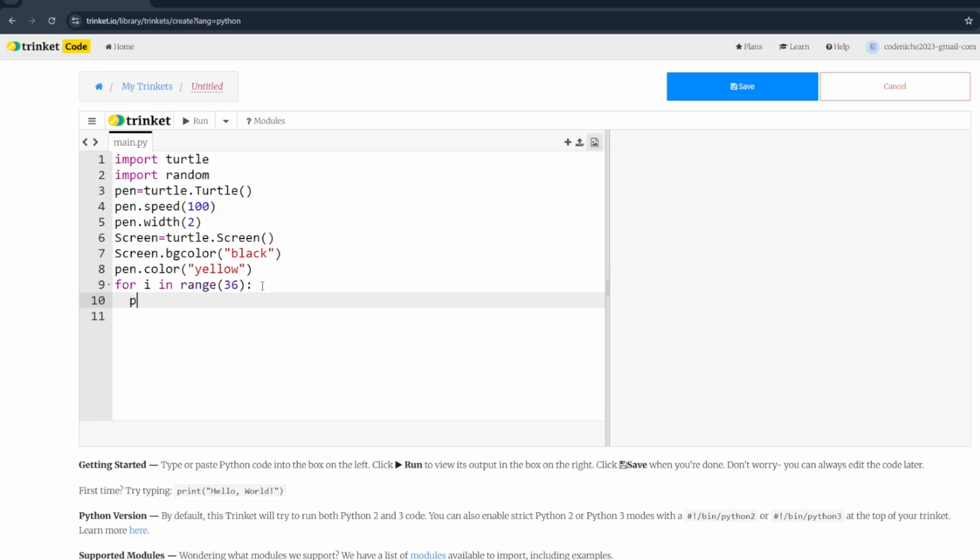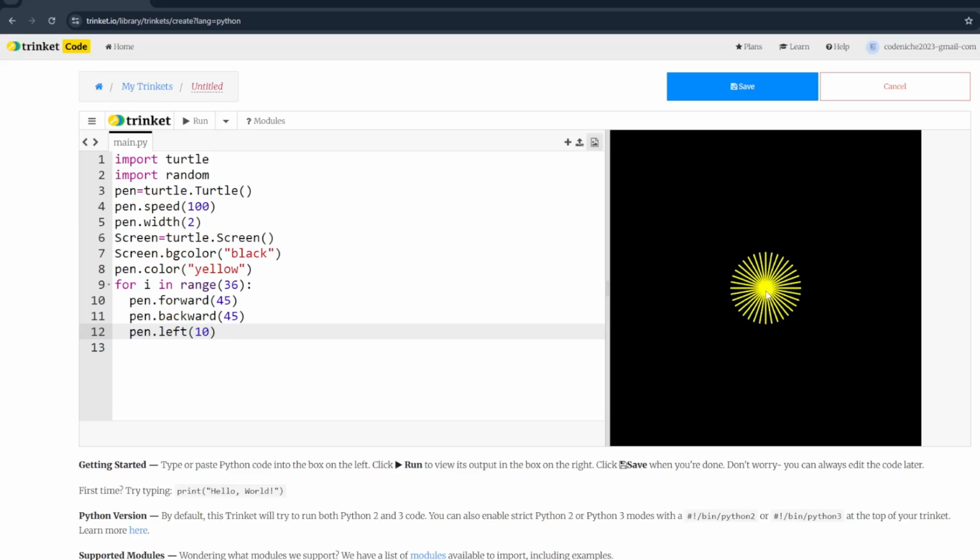Now, to draw a single one, let's use pen.forward. Let's say the length of the line will be 45. Once it moves in the forward direction, it should come back to the center, right? So that it can draw the next line in some other direction. But the center or the point of origin will be the same, right? All the lines will start from the same origin. So that's why we need a backward of the same size, isn't it? And as I said, we want to make sure it's a circle. So if you remember, to make a full circle, you need a 360-degree angle. Here, the same thing is going to happen. I'm just going to turn the turtle 10 degrees for 36 times, which will eventually give us something like this.